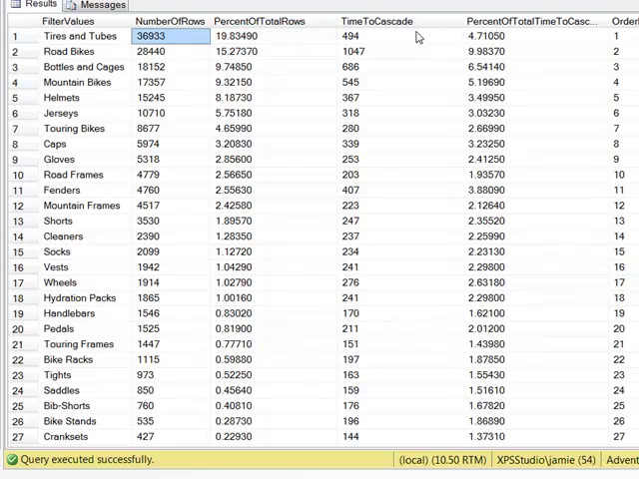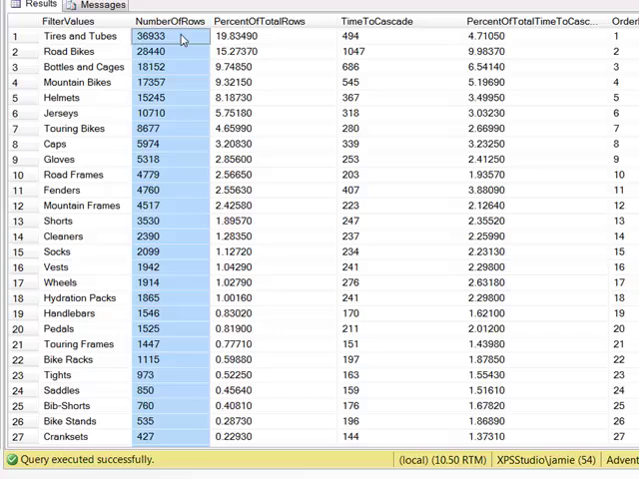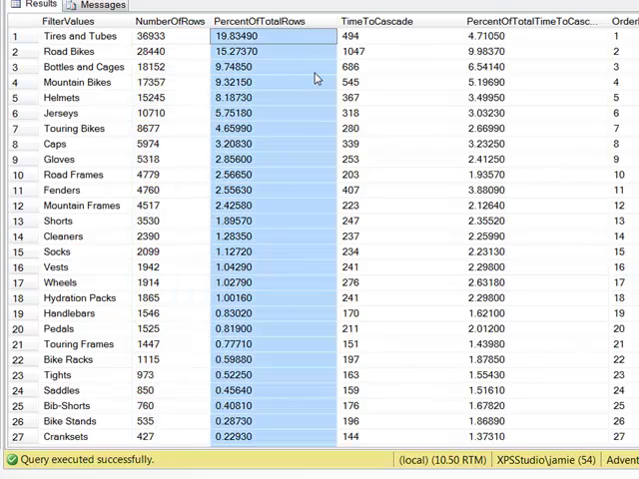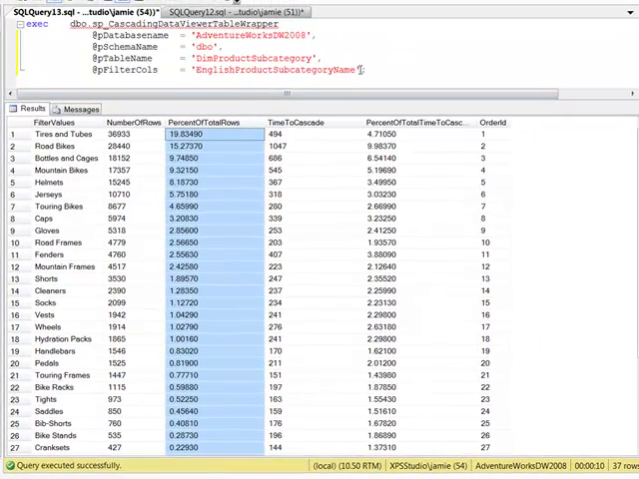Pretty similar for time to cascade. We take the total sum of time it took to cascade over all those things and provide each value as a percentage of that total. So the real interesting thing is the number of rows and the percent of total rows, and we get them in descending order as well. We can actually define the order that we get them in, because we have